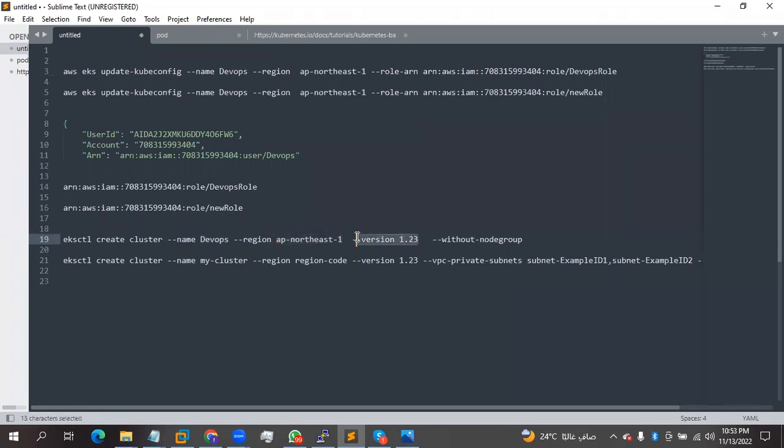the version. So you can just take this out, but I don't think it's actually necessary. So the most important thing is the name of the cluster, then the region, and then the version of the Kubernetes that you want to run, which is 1.23. So once you create that,